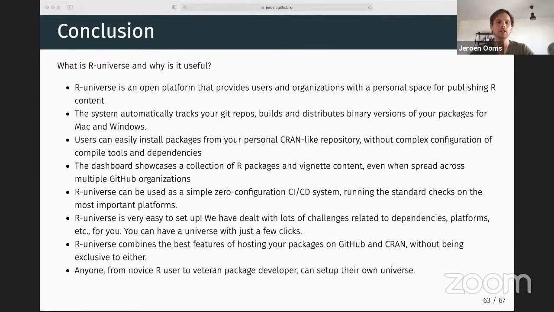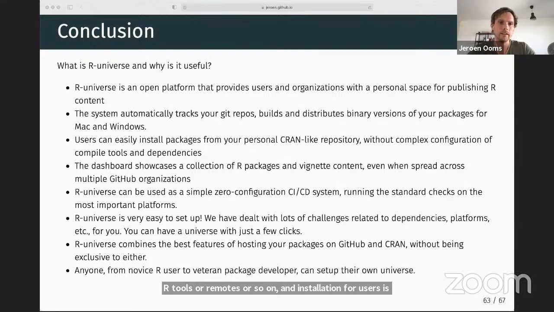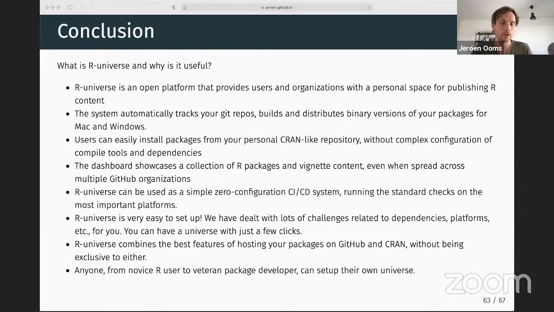And then the dashboards show the R packages and the articles that you have published. And they can even work when the actual source content is spread across different GitHub organizations or even different Git servers. Also, R-Universe can be used as a zero configuration continuous integration system. So as I showed, if you give the app permission, it will show this check mark when the package was successfully deployed. So if you want to have continuous integration, or actually it's continuous deployment in this case, for your R packages, you can just install that app and there's no other maintenance or configuration on your side,